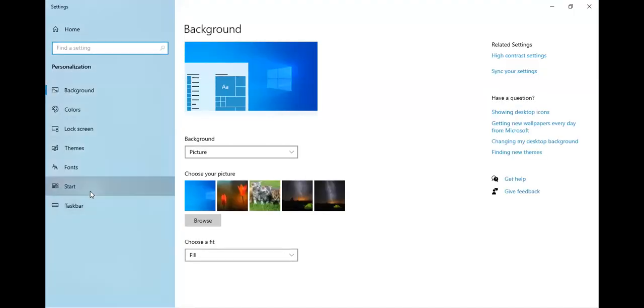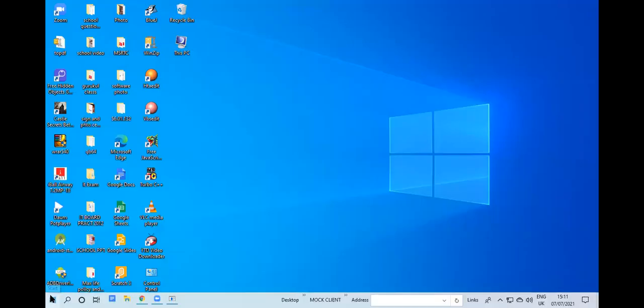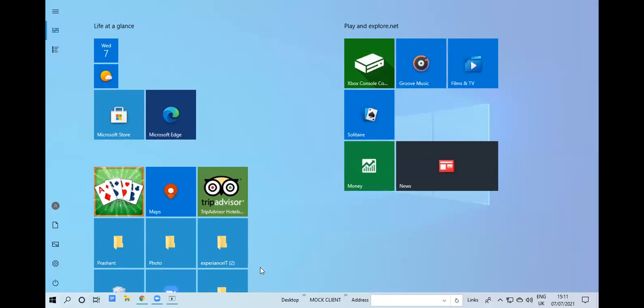Now see the changes. Again, I will turn the settings on. You can see the start menu settings and appearance are completely changed. So this is the use of personalized settings.